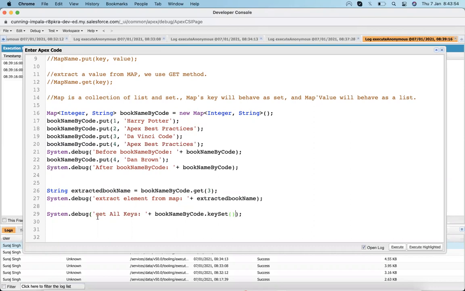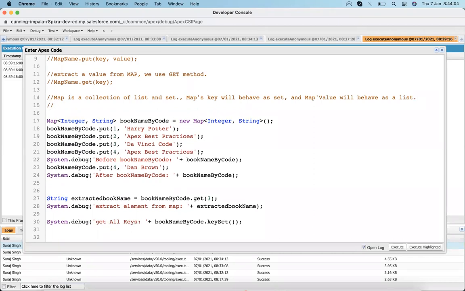What it will provide is a set of all keys. So map name dot key set, and its return type is a set.